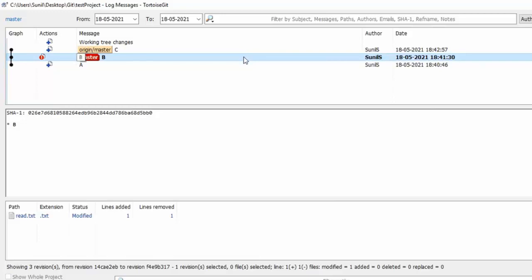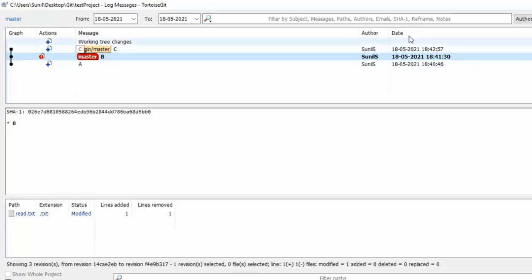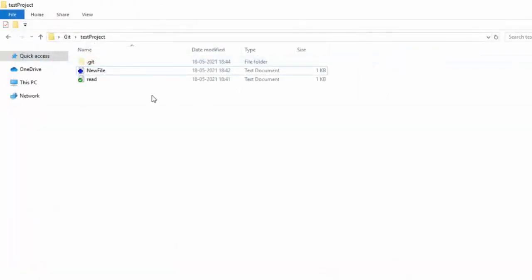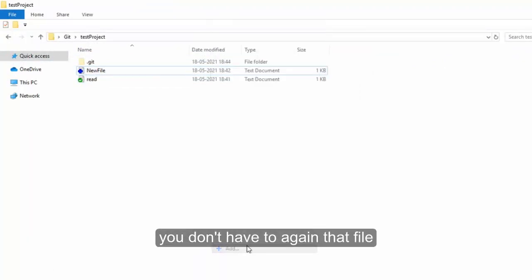Now as per my PPT demo, I have said that your index location is still at C. So your tortoise git knows that you have committed the new file. So you don't have to add that file again. You will not see it.